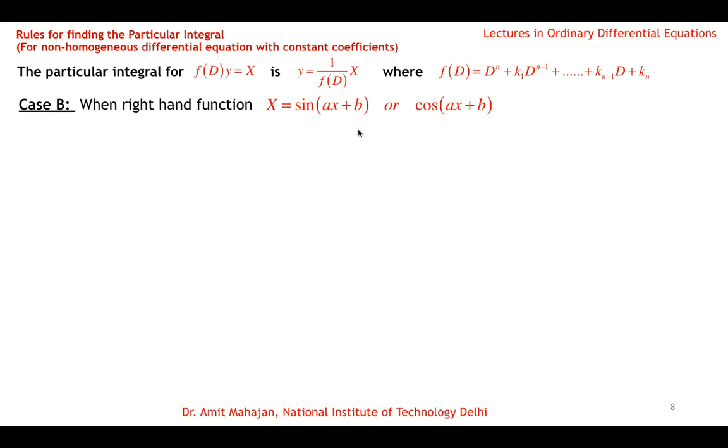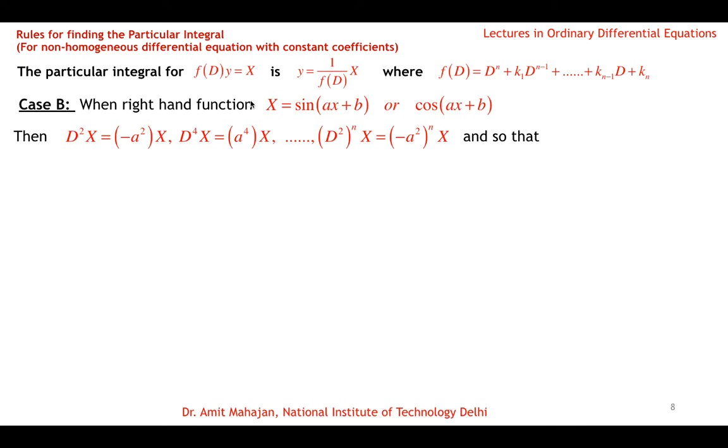In this case, let us see the derivatives, the second derivative of this capital X. If you take the second derivative, the first derivative will be a cos(ax + b), and then differentiating again, cos becomes a minus sine and another a, so −a² sin(ax + b). And sin(ax + b) itself is capital X, so the second derivative of X is −a² times capital X, either sine or cos. You try with this, you will again get the same result.